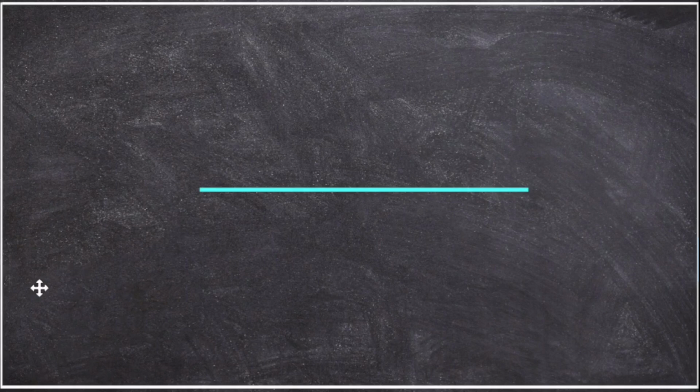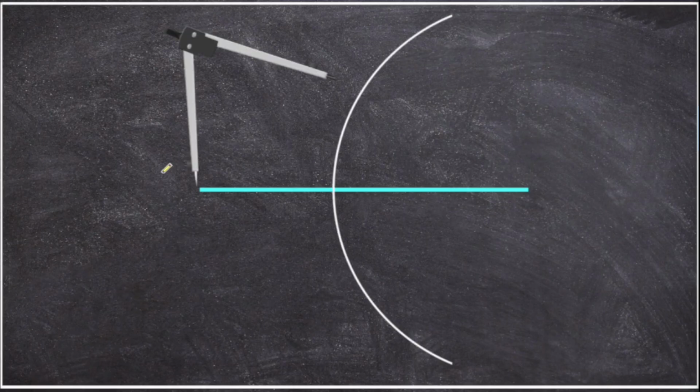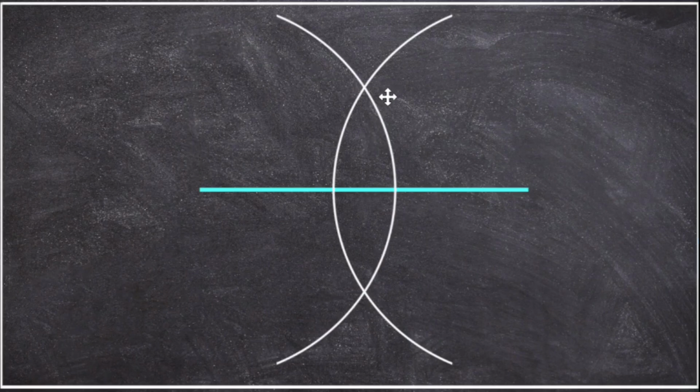I'm going to assume that you already know that if I have one straight line, and with a compass, with the point on one end of the line, I draw a curve that passes the midpoint of the line, and then with the point on the other end of the line, without altering the legs of the compass, I draw another curve. The curves will intersect in two places, and if I join those intersects with a straight line,